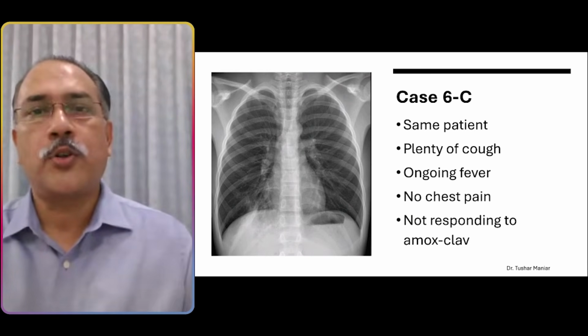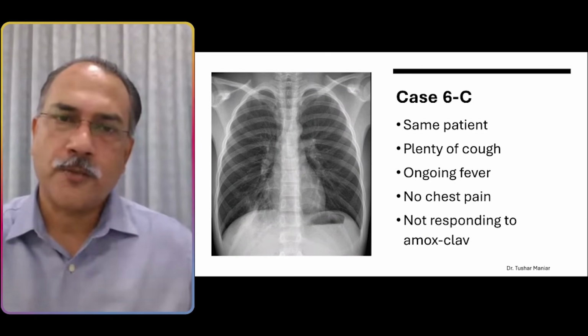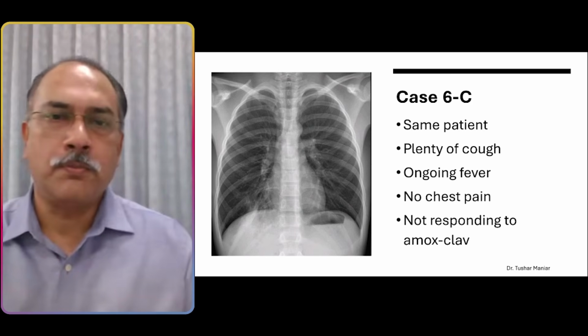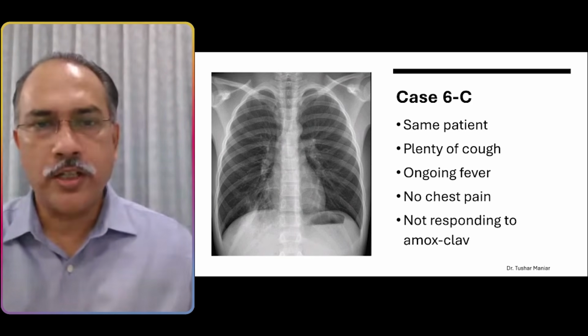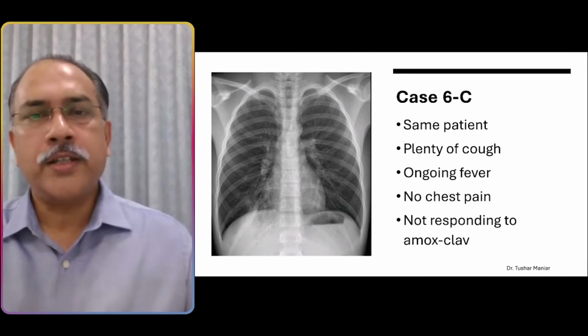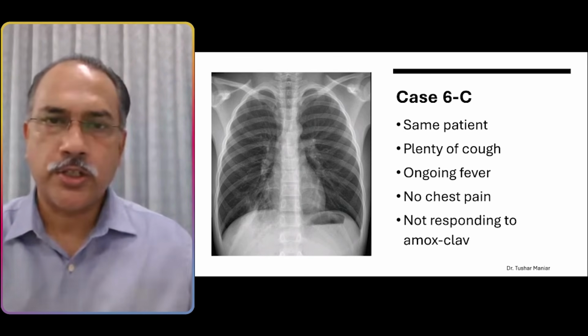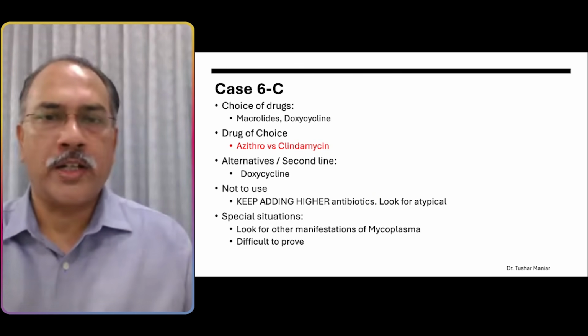The child had more cough compared to before, and there is no chest pain compared to before. And if you see here, there is what is known as tree bud appearance. Simply remember that there is no consolidation, but more increase in vascular markings. So, this is a school-going child, typically you would be thinking of atypical infection and mycoplasma, so macrolides would